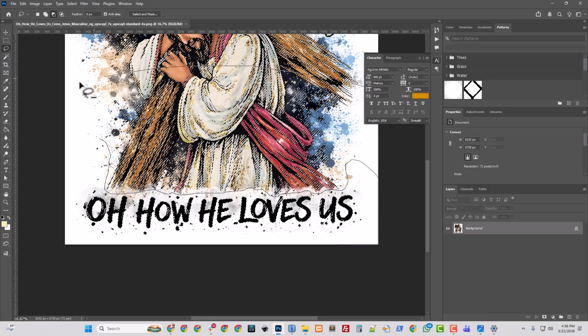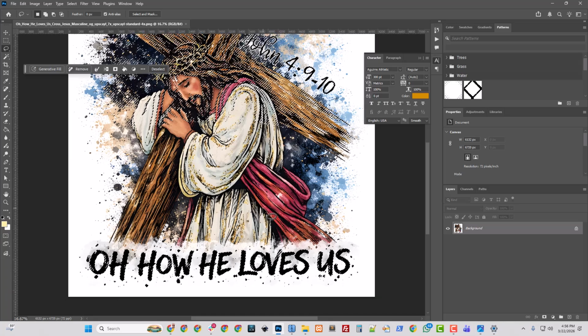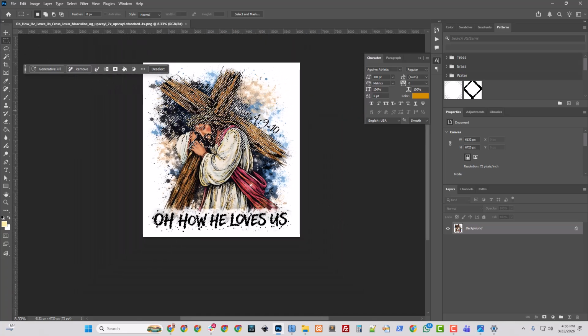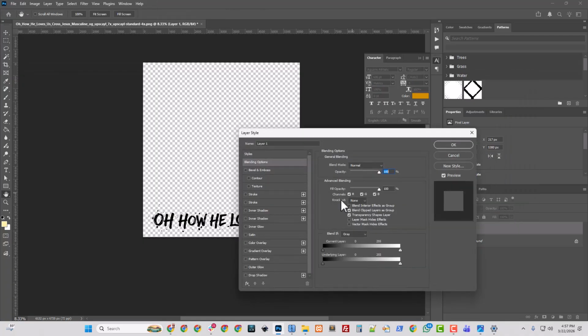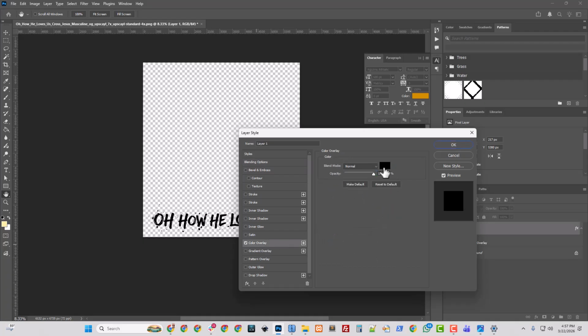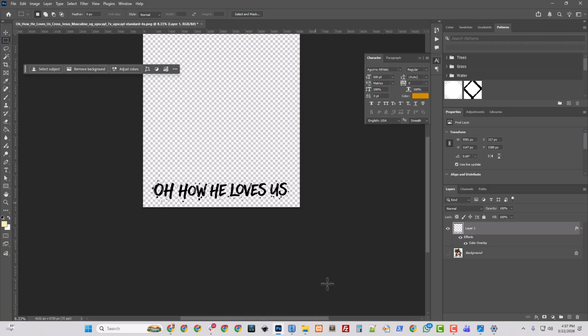No, I want to go up here. All right. And then I'll just grab my marquee tool, hold Alt, and get all of this. All right, so now I've just got the text, Control C, Control Shift V. We're going to do a blending options on this. Color overlay, make sure it's pure black. Hit OK, OK. All right, and then can we grab